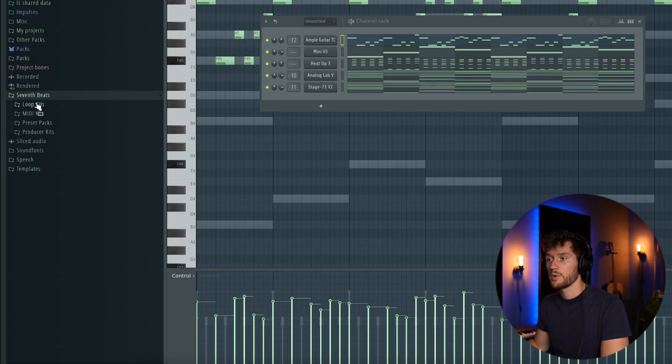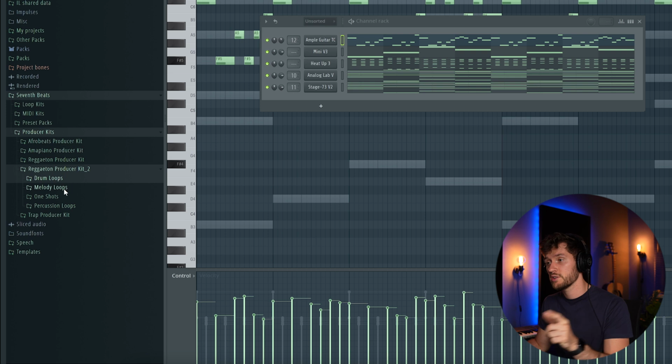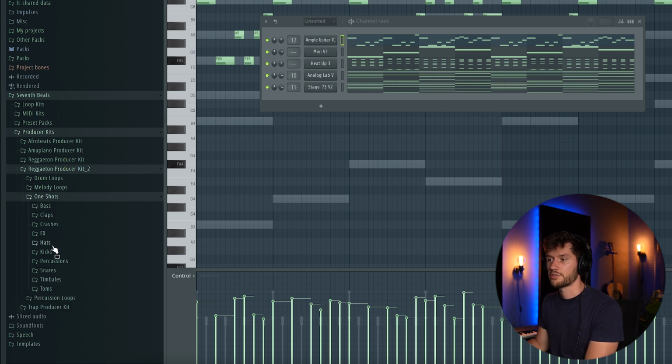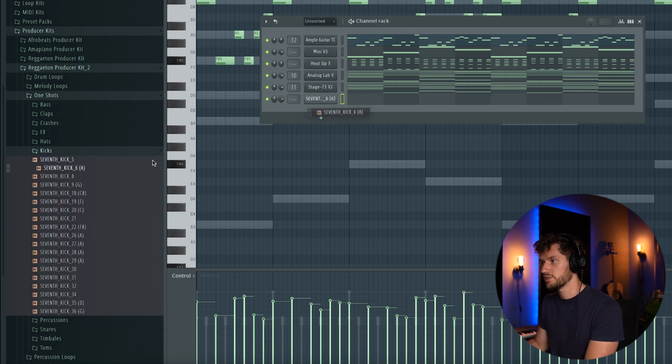So now I'm gonna add the drums, and I want to add a typical reggaeton drum pattern. So I'm gonna open up my producer kit, the reggaeton producer kit. It's releasing soon. So I'm gonna select one shots. So first I'm gonna select a kick. Let's use this one. And I'm gonna layer this one with a head to make sure there are present and